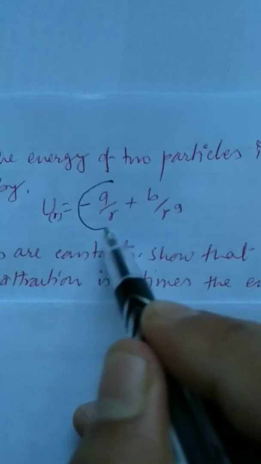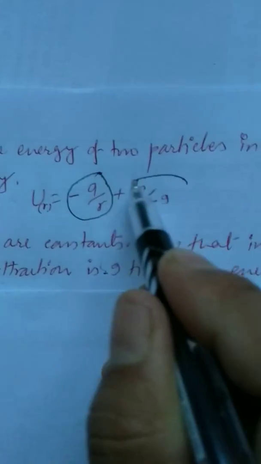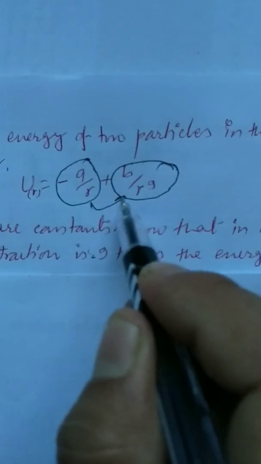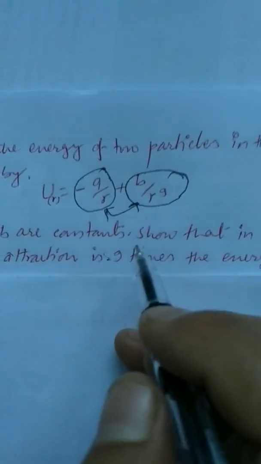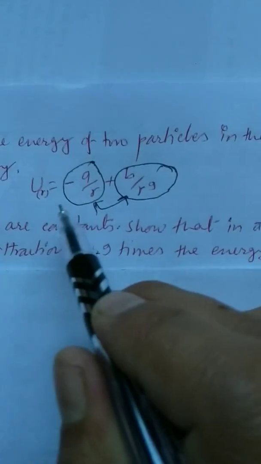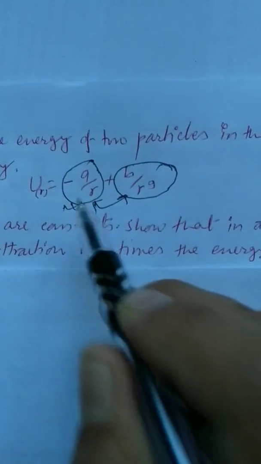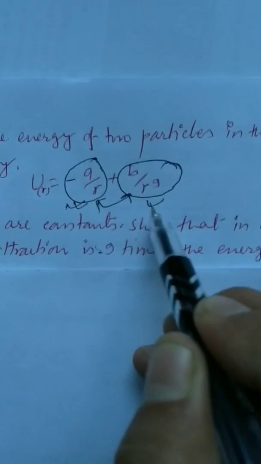this one is attractive energy and this one is repulsive energy, and the question asks us that if this solid material is in equilibrium, then we have to show that this attractive energy is 8 times greater than that of repulsive energy. And to find this